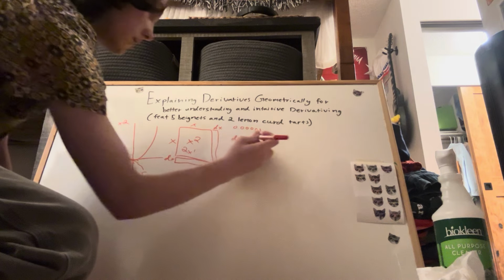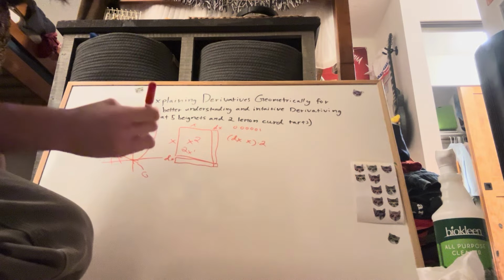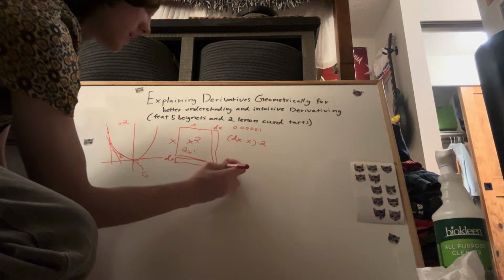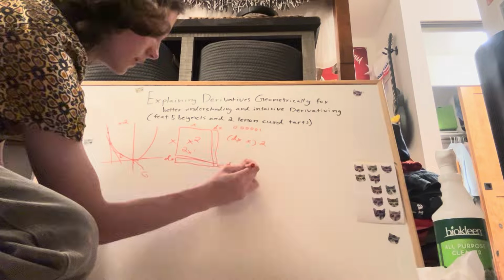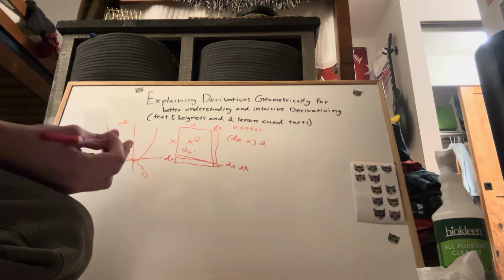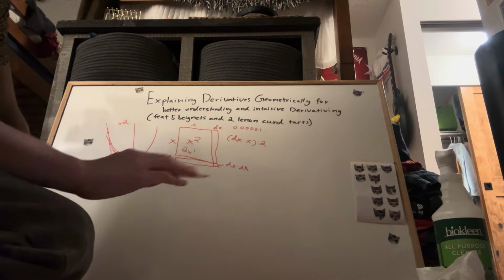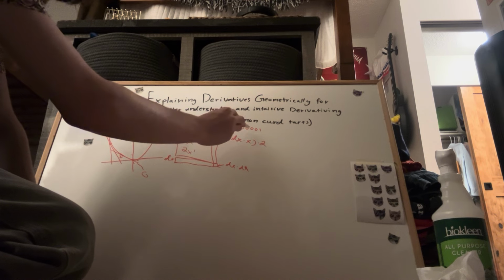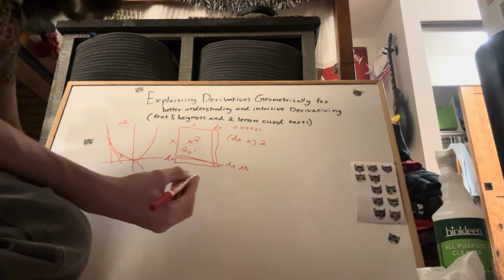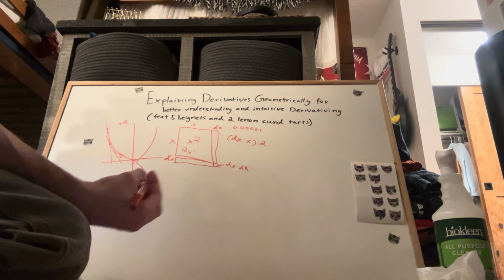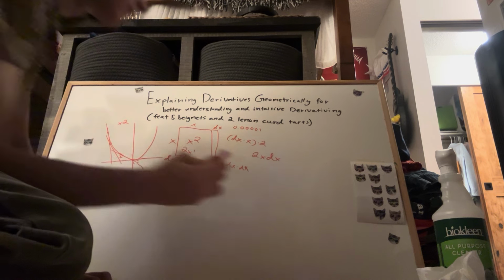We have 2 of those, so we can take that times 2. And we have this thing here, which is dx times dx. But in math, apparently they just call this, we don't care about it because it's a super small fraction times a super small fraction, and it's null. So here we have 2x times dx,